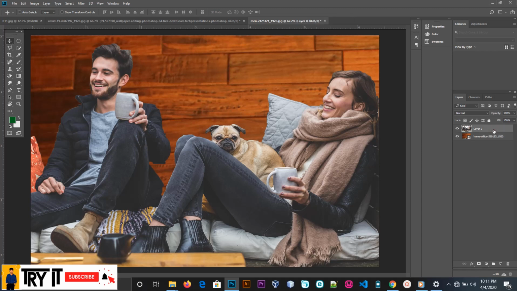Click Control Alt Shift and E to make one layer, to get all of this into one layer,